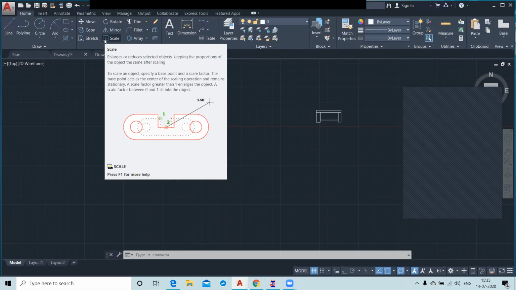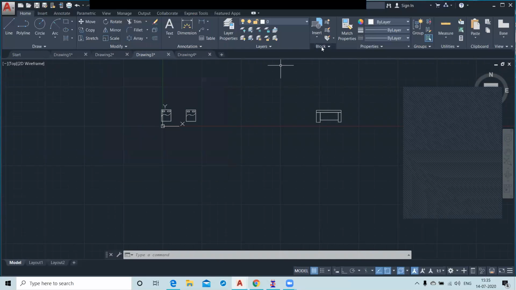So by this option you can create and modify your blocks, right? Yes, sir. But in Autodesk we have some certain blocks which Autodesk has already given to you.